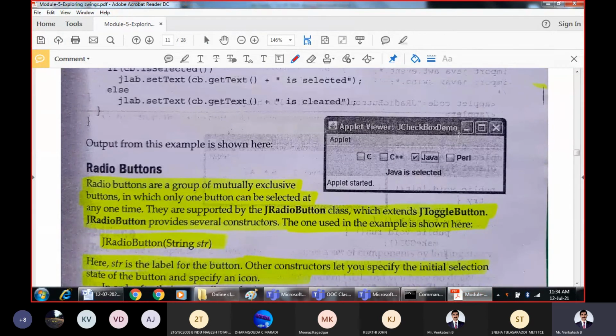This is the checkbox, and you will be asked to select some of the items from this, because while creating graphical user interfaces we will be using such options also. You might have used such options in your day-to-day life whenever you are browsing the internet, performing online shopping, or selecting items. So such checkboxes will be given to the users.